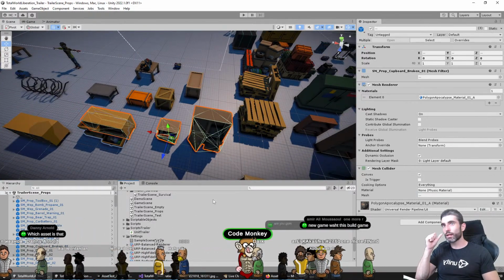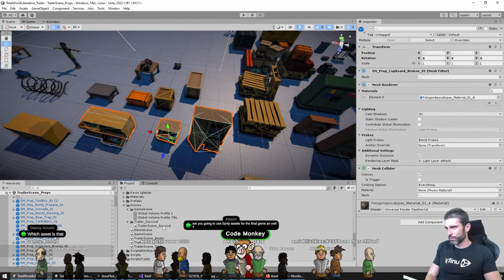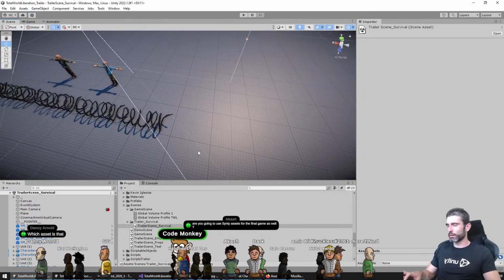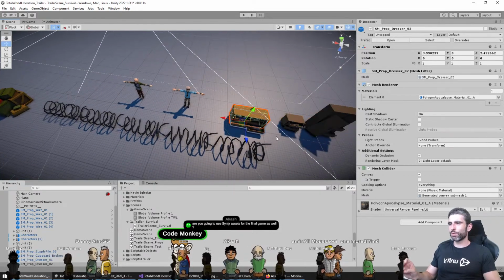Which asset is that? I don't know. These are from tons of Synty assets, yeah. Are you going to use Synty assets in the final game as well? Yep. I definitely cannot make anything better, so I'm definitely going to make very heavy use of